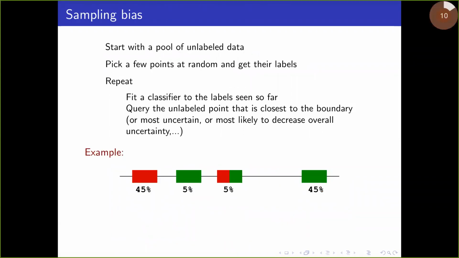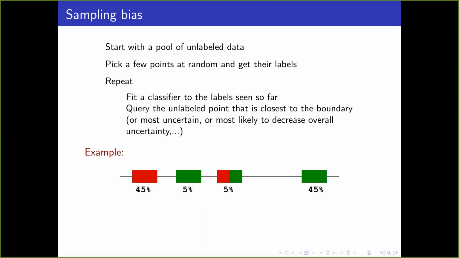Okay, so here's an example data set. I'm showing you the true distribution. Red is one label, green is another label. There's only one feature, which is the value on the x-axis. And let's say we're just using a threshold classifier. So it'll start out saying red, and then at some point you transition and you say green, right? So if you select 5 points at random and then you label them, with high probability those 5 points will be either from the red 45% or the green 45%,